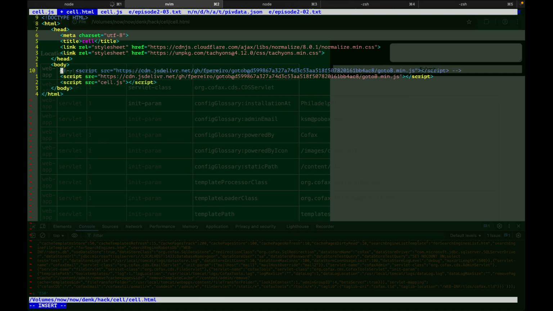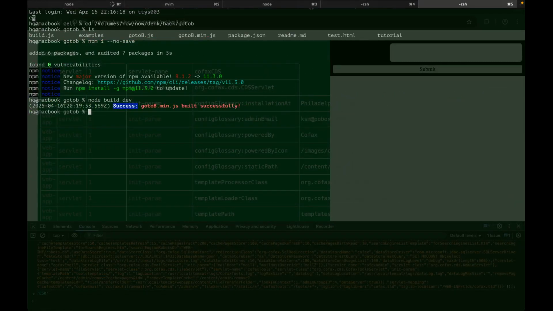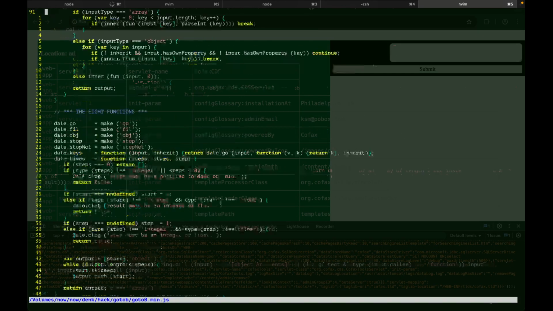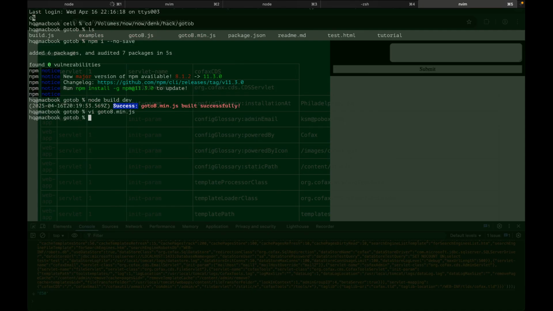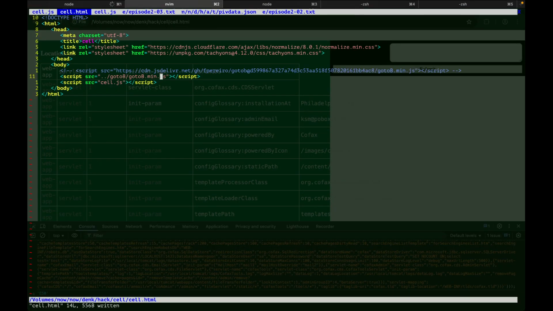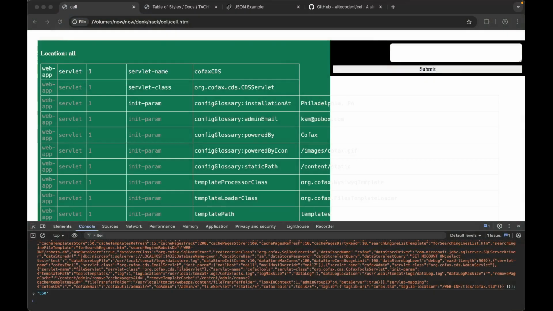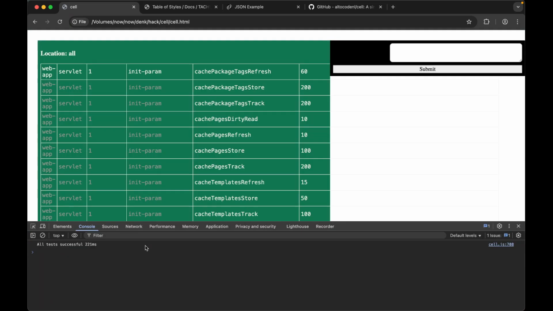All these years and I still remember how to comment an HTML tag. I shouldn't call it min if it's not minified, right? But it's not minified, you can see. It has everything. Okay, it worked. So now if it breaks,